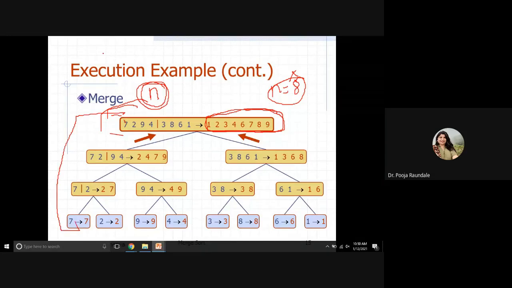So, what do we call this particular thing in a tree? ये क्या है tree का? Height. Yes, correct. So this is the height of the tree, right? Correct. Now, if a general number n is given, what would be the height of the tree? Log n. Is it log n? Yeah, anyone else? What would be the height? Is it log n? Correct or wrong?